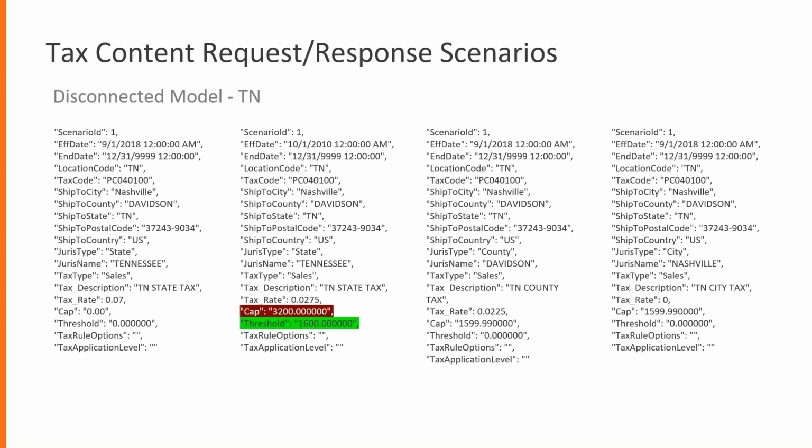And then again, with the county and the city, we also have that cap here where that county and city tax only applies to those items up to $1,600. So we can see here, even with the tax content, there's a lot of complexity that the developer is going to have to overcome in interpreting these results and converting them into the native